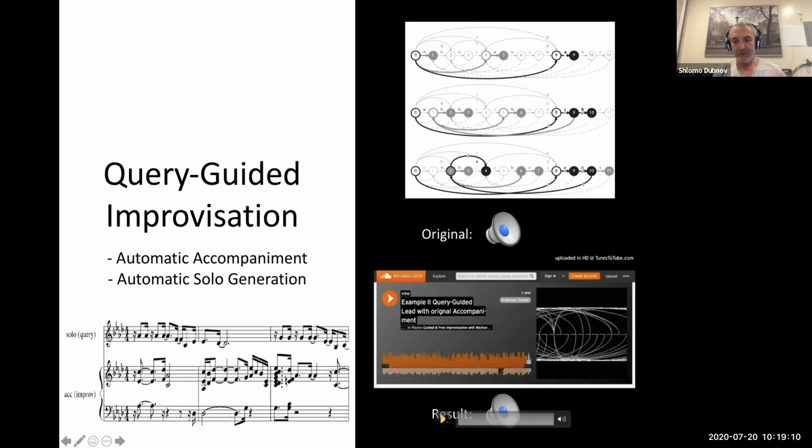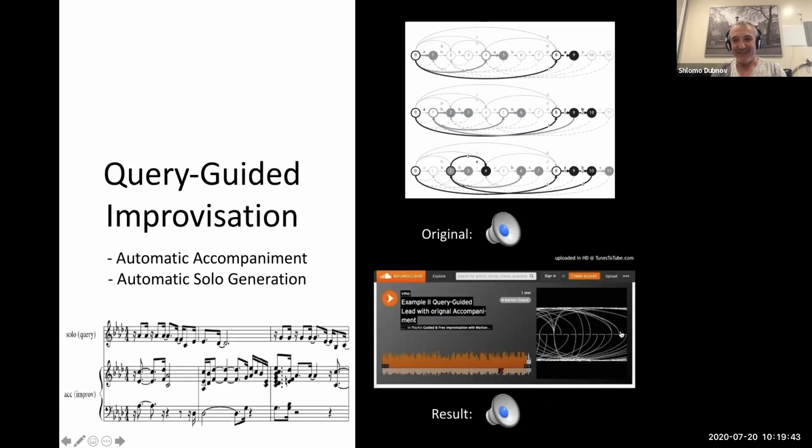I hope it works now, because you'll have the improvisation of the saxophone on one channel and the query on the other channel. So the query is the accompaniment, and then the saxophone is actually recombined. So let's hope it works. That's amazing. Okay, at least to me, you don't hear the saxophone now.